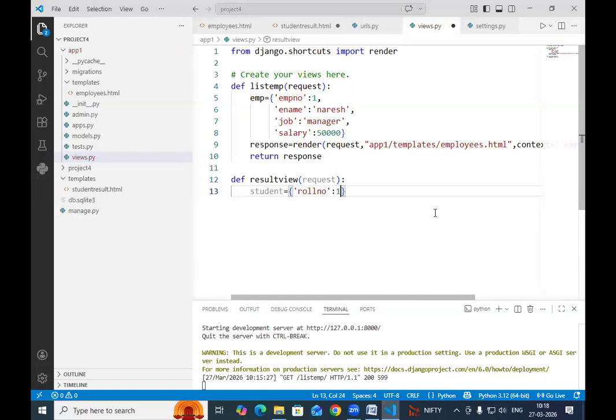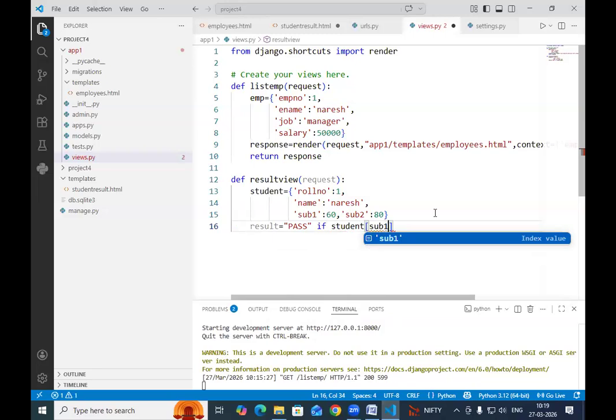The student has a roll number, a name, and subjects: subject 1 and subject 2. Now I want to calculate the result, whether pass or fail. If any one subject is less than 40, it is fail; otherwise pass. Then I am saying result equals pass, if